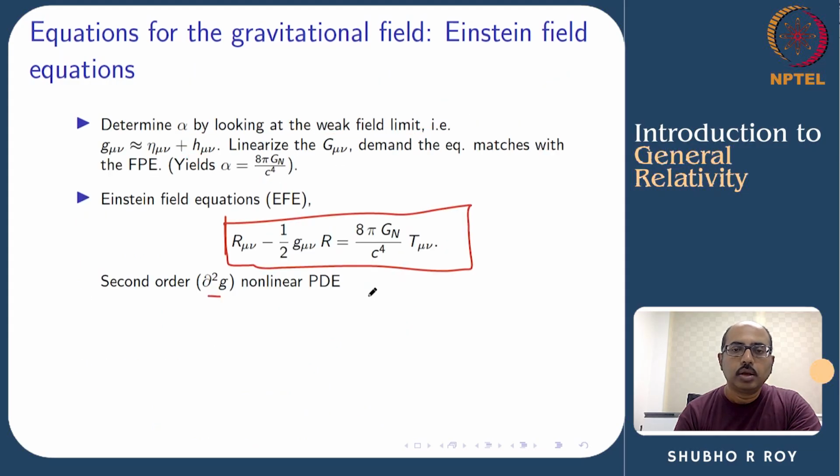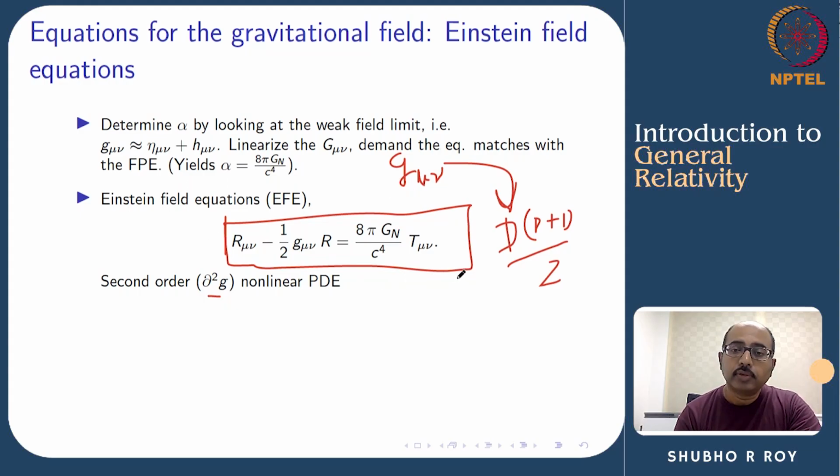Okay, and how many equations are there? Well, R mu nu is a symmetric tensor, and so that gives you d times d plus 1 by 2 equations. And naively you might think that, well, this is pretty good because I need this many equations to solve for the metric, because the solution of this would be the g mu nu, and the g mu nu is also a symmetric tensor just like R mu nu, and it has the same number of components. So maybe g mu nu gets uniquely determined by these equations,